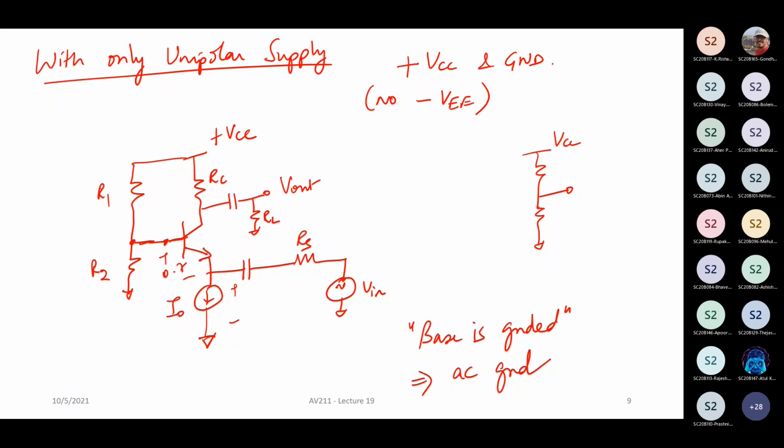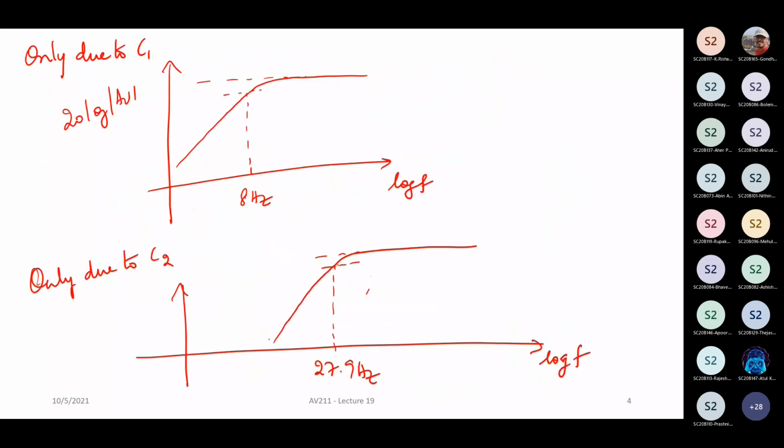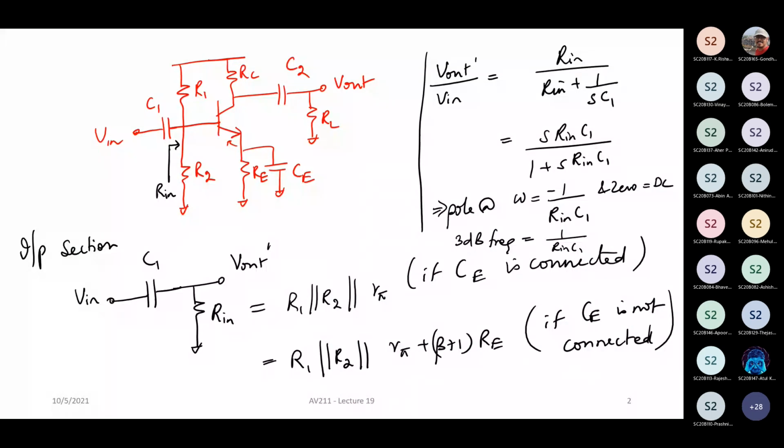All you need to do is connect the base to a DC voltage. It is automatically at AC ground. Similar to, let's say, your common emitter with emitter degeneration. When you had emitter degeneration, what happened? Your emitter is no longer connected to ground, right? Let's look at the circuit here. In this case, when you add RE for the purpose of bias stabilization, your emitter is no longer at DC ground, right? But what happens is,